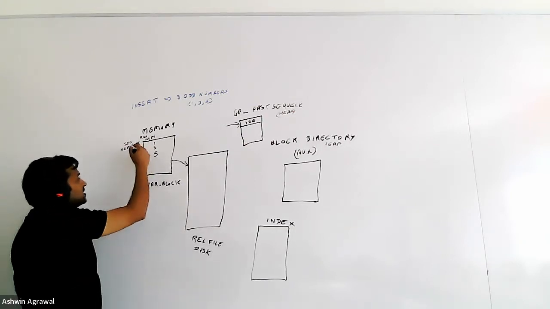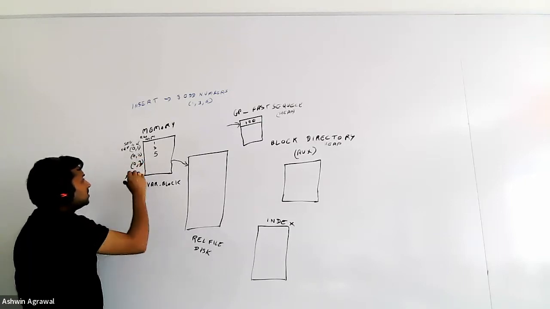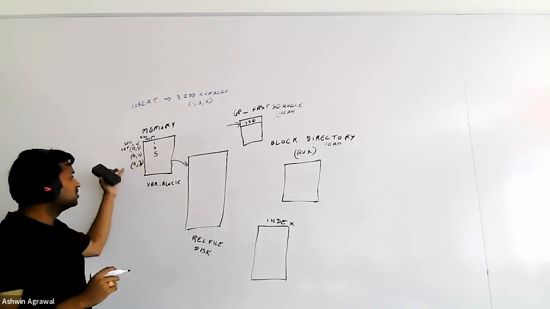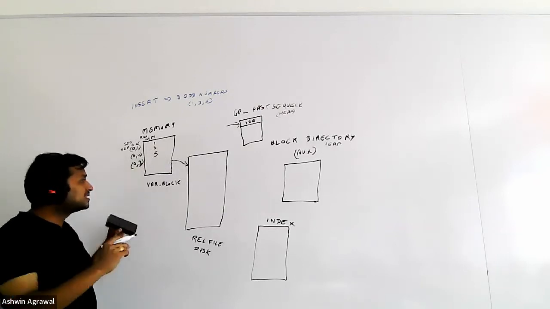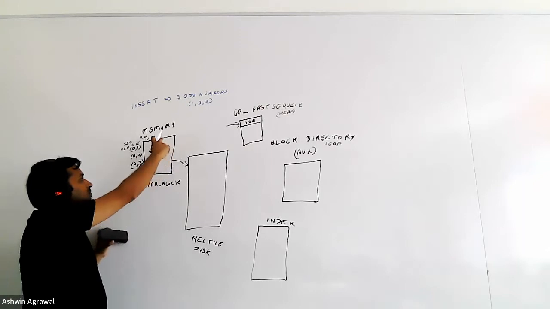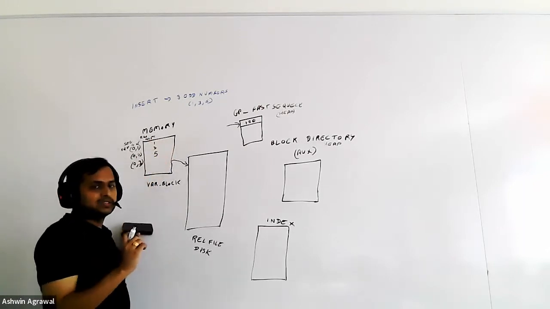So what will happen is this gets the CTID as 0, 1. The next one will get 0, 2, and this will get 0, 3. So these are the row numbers which this will get. Now, when we are doing the insert, what happens is every insert which we do, every tuple which we insert